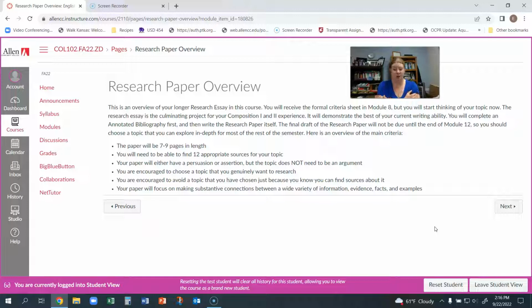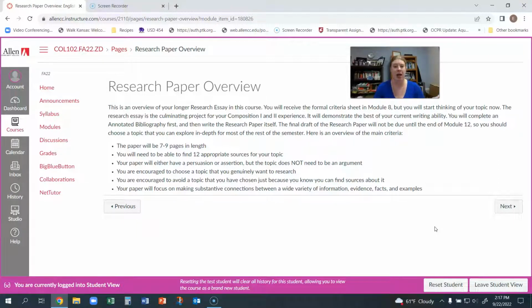It's very obvious when students pick a topic that they just chose. Either they chose offhand at the last minute or they chose it because they knew they'd find a bunch of sources about it and they don't really care about it. And so I encourage you to really think about something that you genuinely want to find more about, because if you don't, then you're going to be miserable for most of the rest of the class. So that's the most common complaint that I hear from students: oh, I wish I would have spent more time